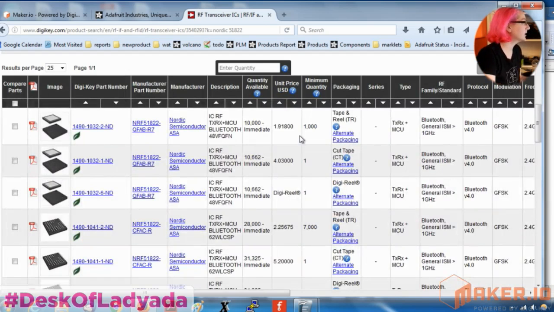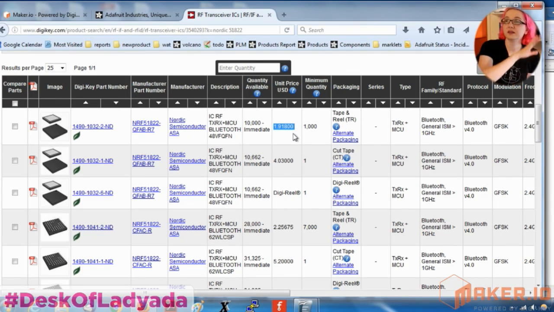So this is where you can just start getting an idea. Okay, this chip is about $2, it looks like. If you're going for a $20 price point, you have to start thinking about what 10% of my cost is right now. That's 10%. Now, I will say one thing, we'll cover this a little bit later, but when you're speccing out parts,